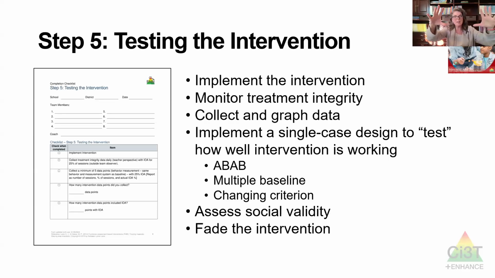So when it's decided upon, these are the antecedent adjustments, the reinforcement shifts, and the extinction components. And this is very important. There's plans for how you get input from everybody that's involved, from the teacher that's going to do it, from the family members if they have a role, at a minimum to get their input on what it's going to look like, and the students themselves. And that essentially becomes the thing that you do. And if you already have the luxury of working in a school doing Ci3T or another tiered system, all that stays exactly the same. We're adding this in. So it's not like you're taking this kid out and doing this thing to them. This becomes part of what they're doing.